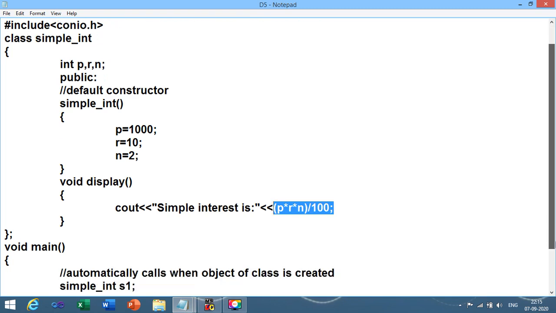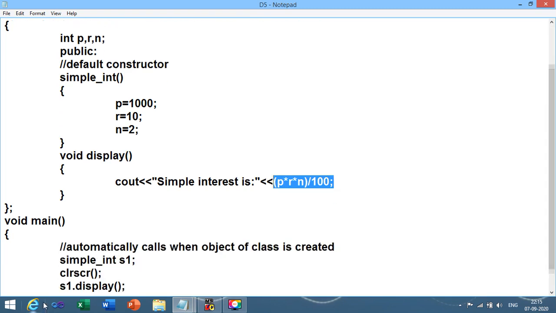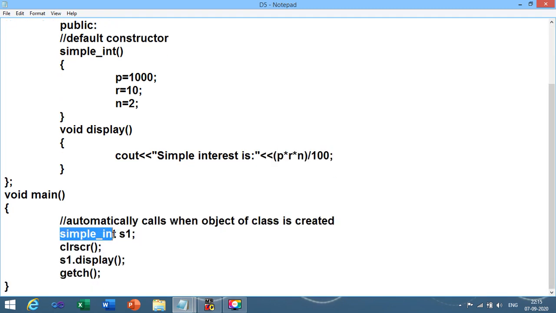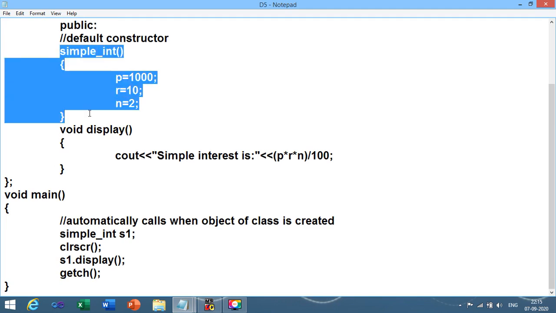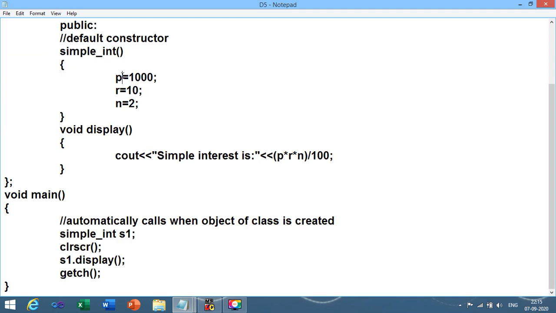After that we have created the object of the simple interest class, S1. We have called the method S1.display. So when you call the default constructor of the class, at that time the value of P would be 1000, R would be 10 and N would be 2.